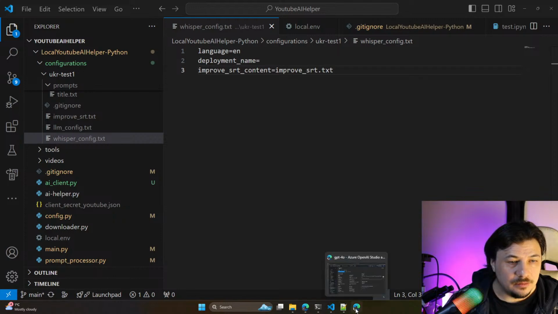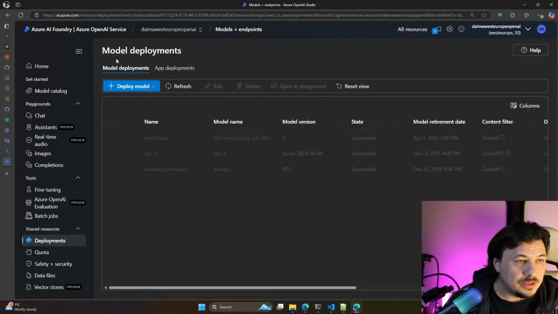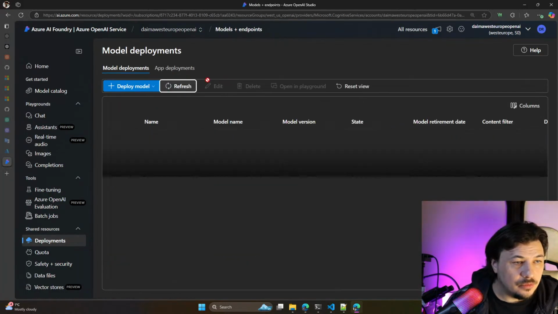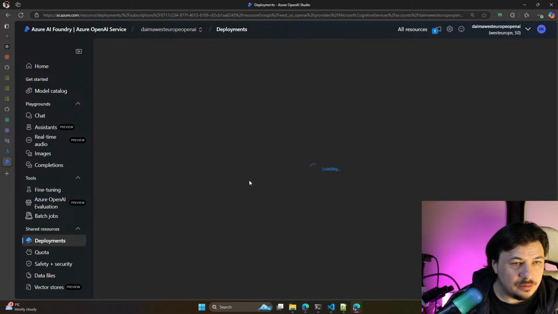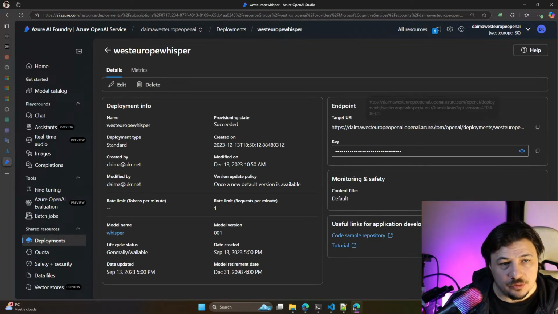Okay, and now the whisper config, that's the transition. We just go not for the other one, but for whisper. Maybe we could remove the turbo. Okay, Western whisper, it would be the same OpenAI API version.